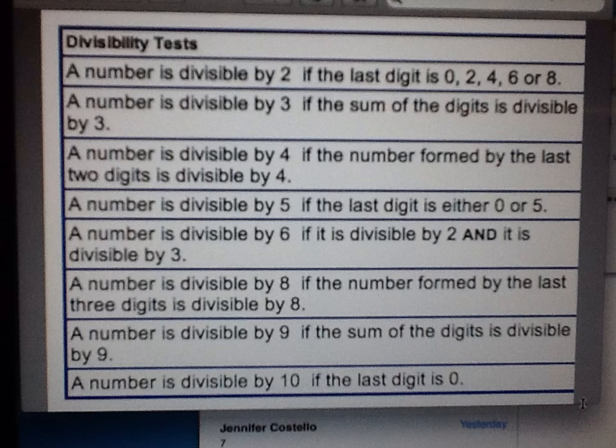These are just good rules for number sense. And number sense really helps when we're talking about prime factorization. So as we move on,